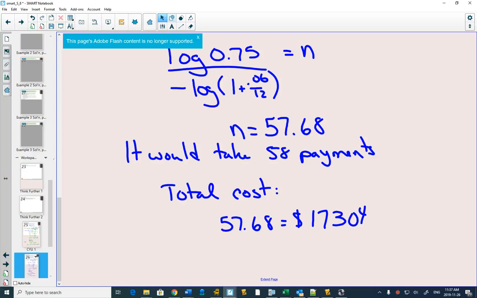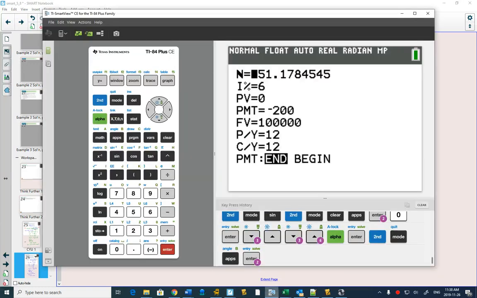So in the end, you're going to pay $17,304 for the car. It's costing you an extra $2,304 because you don't have the money right now. This is how banks and people that lend money make money, because they charge you an interest rate. So now on our calculator program to do the same question, we don't know how many payments,